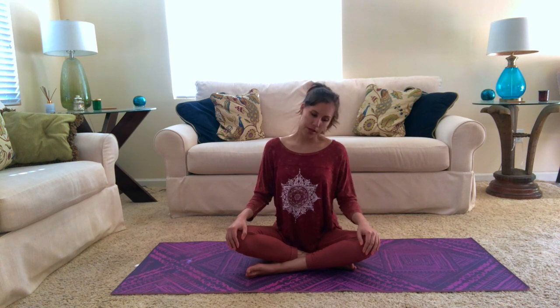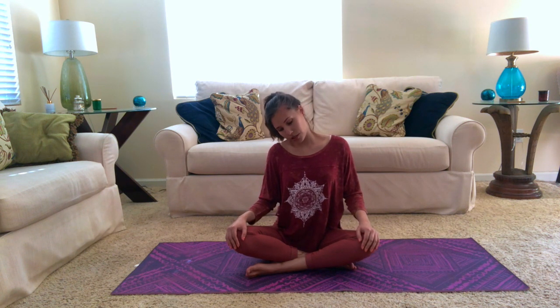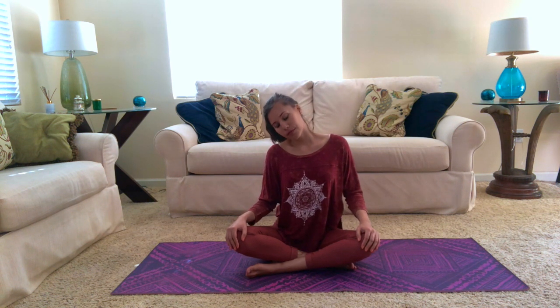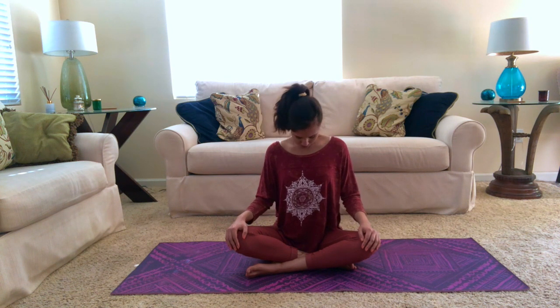And we'll go ahead and take the neck in a circular motion, so you can go ahead and bring your chin to your chest, bring it around and up and back down to the other side, to your chest again, and around. So we'll go in this direction for about 4 or 5 times, and then we'll switch. So go ahead and just take this movement slowly, paying attention to any little cracks and little sensations you might be feeling. And we'll do this last circle,